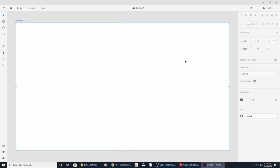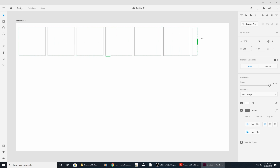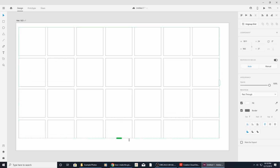So here's where the key is. You're going to come over here and select the rectangle tool, and then holding shift will allow you to draw a perfect square. And this is going to be the frame that our collage is going to go into. But that's the key, is to click that repeat. The repeat button allows you to draw that grid and expand it out to make your row, and then you can drag it down and make your